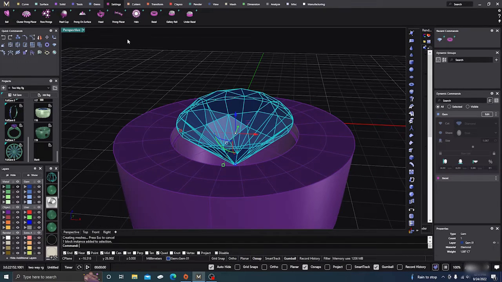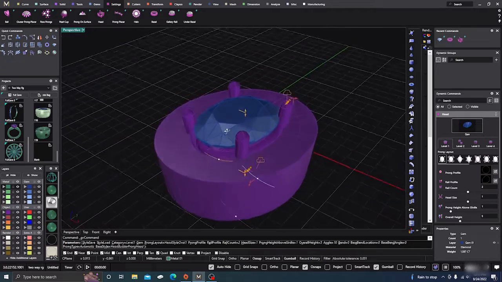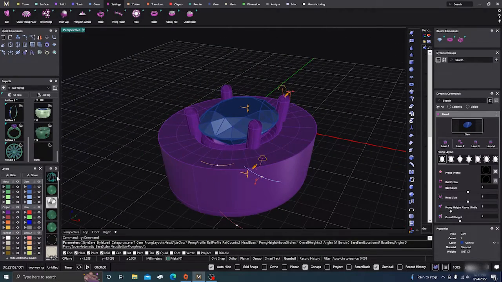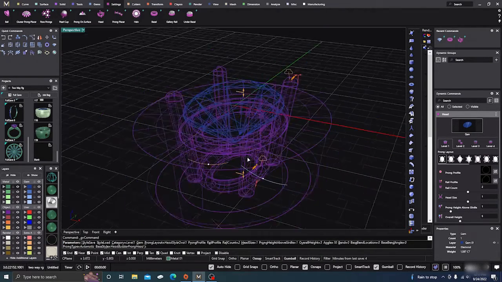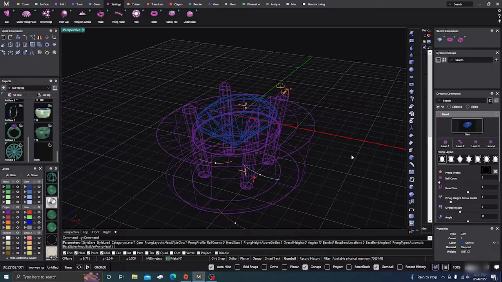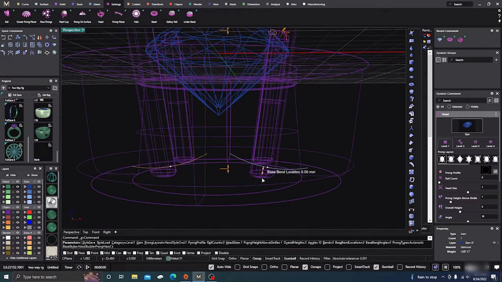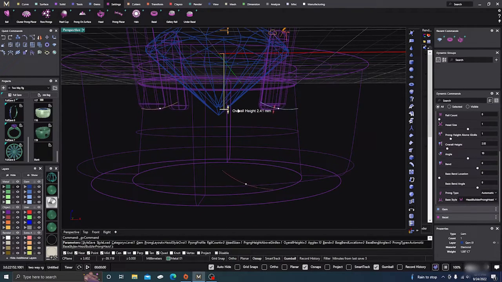And then if you want to, you can click on your stone and go to tools, head. Okay, so there's our head, and I think the default's 2 rails. Yeah, so come over to your rail count, and we actually don't want any rails. We just want the prongs, and we definitely don't need the prongs that low, so we're going to drag them up,